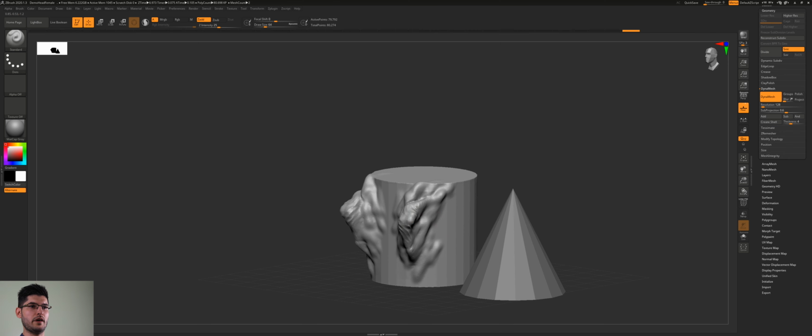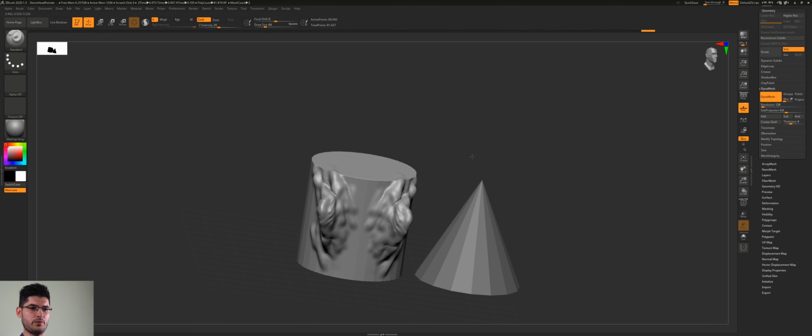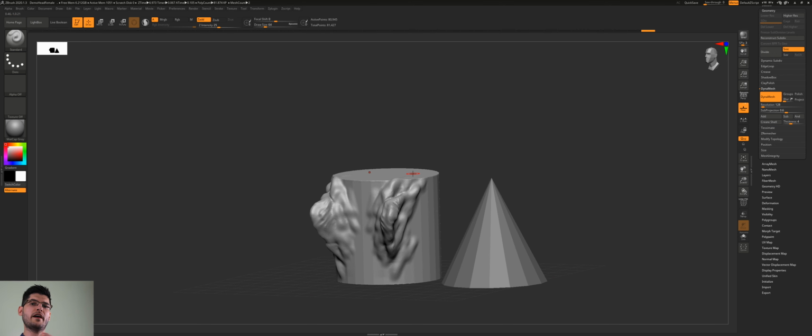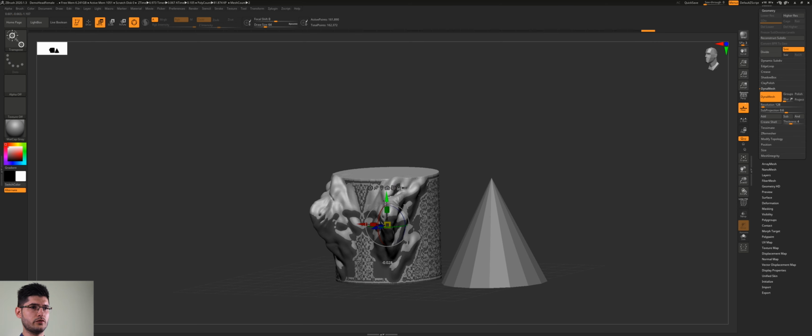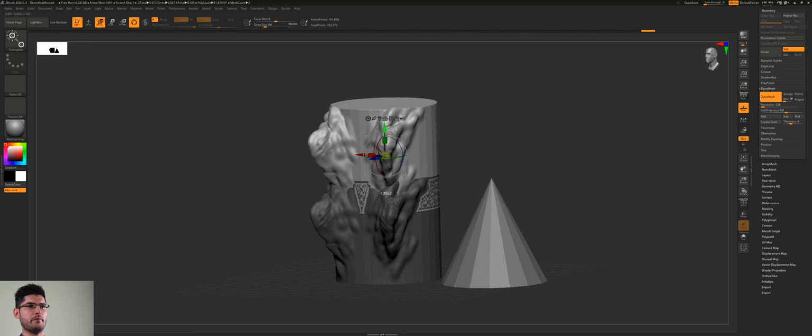So now we can go back and add more detail, and we can do this quite a hefty amount of times before we run out of that option. But one other thing that we can do, and I regularly use this, if I want to add more elements to this mesh so the Dynamesh can work in my favor and doesn't run out of resolution eventually, is press W on the keyboard, hold Control, and then drag the arrow upwards, for example,